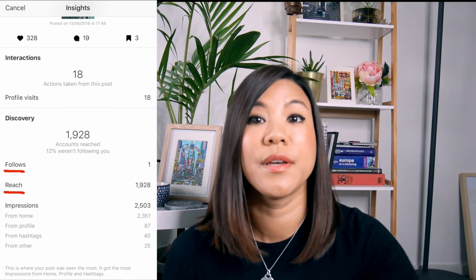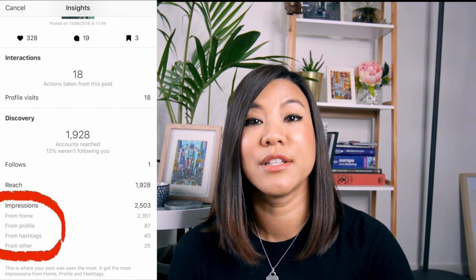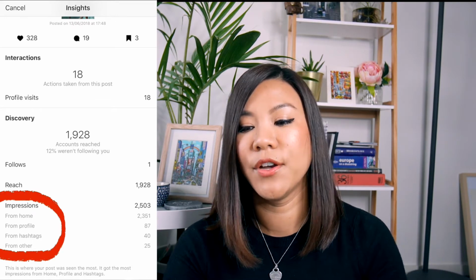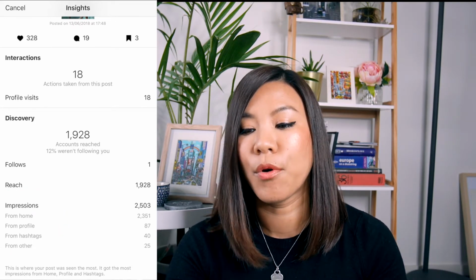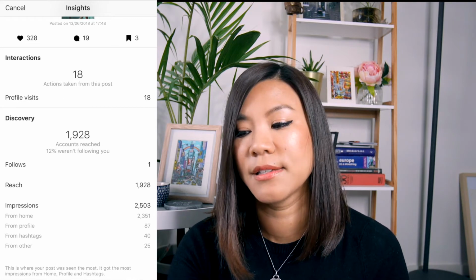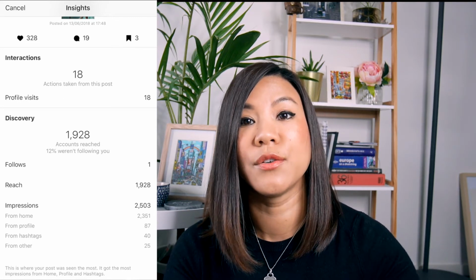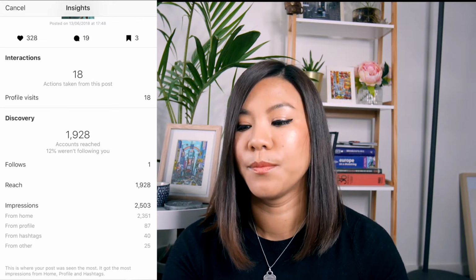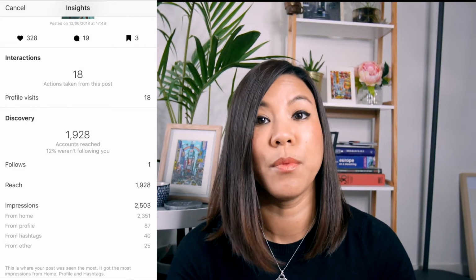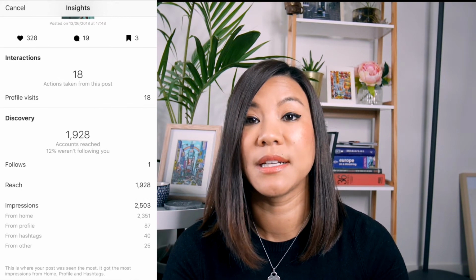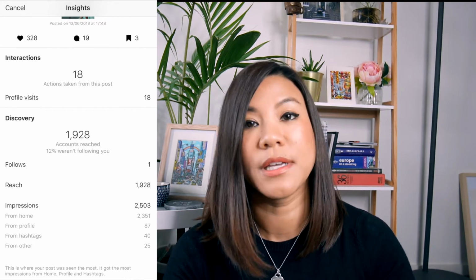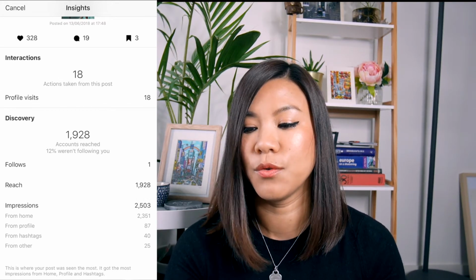And so the impressions are divided into 4 parts, and the first ones are from home, from profile, from hashtags. So depending on what hashtag you're using, people are seeing your post because you're using a particular hashtag. And the last one is other, so that tallies up to, in my case,